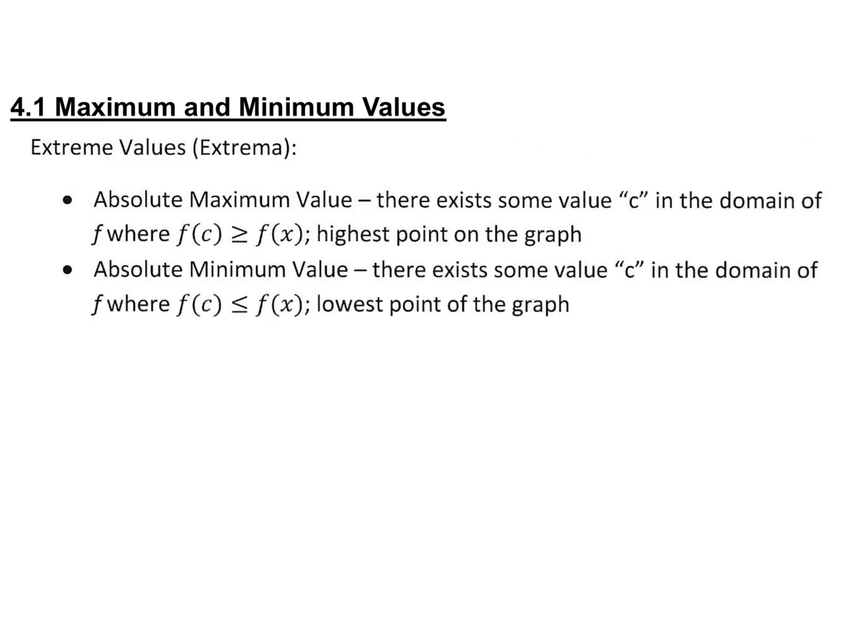Then, of course, we have an absolute minimum value or a global minimum. And that just means the lowest value, the lowest y value of the entire curve anywhere, the smallest y value. Those are pretty straightforward. It could be called a global, could be called absolute. The ones that are a little trickier,